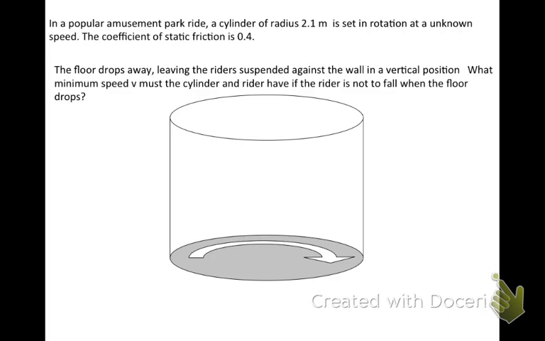In a popular amusement park ride, a cylinder of radius 2.1 meters is set in rotation at an unknown speed. The coefficient of static friction is 0.4. In a twist of events here, the floor drops away, leaving the rider suspended against the wall in a vertical position. What minimum speed v must the cylinder and rider have if the rider is not to fall